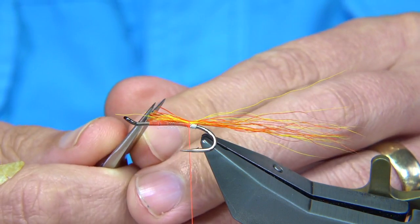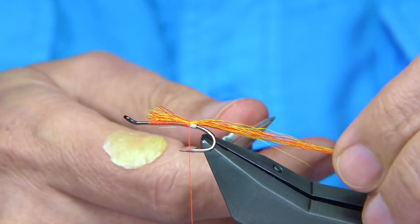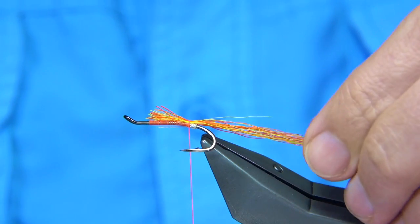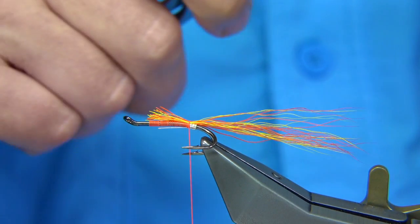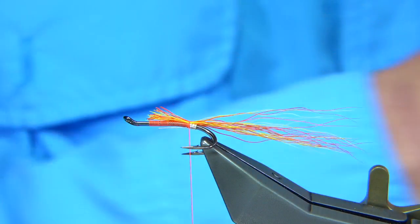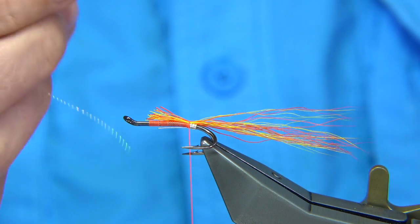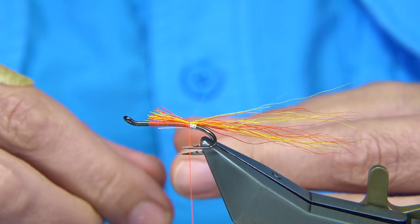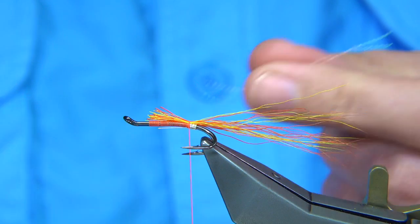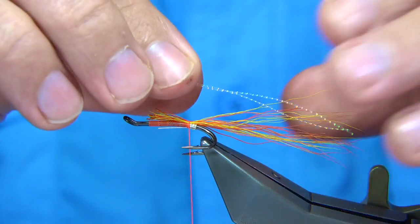Now you could make the tail longer. You could reduce the fibre. You could reduce this length as well. Make it smaller. It's entirely up to you. Now in the tail I'm going to put some Krystal Flash. I'm using the micro, which is a very fine pearl micro version. You get it in different colours. So I've got a single strand here. I'm going to double it up, trim it, tie it on top,